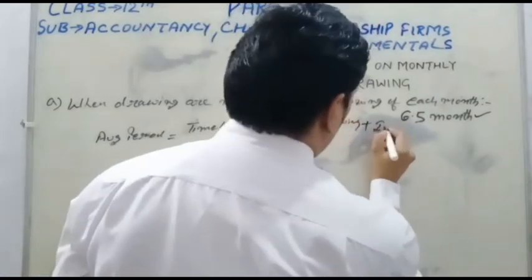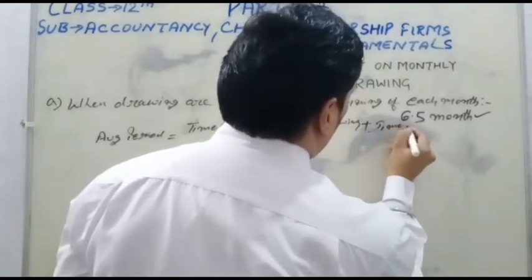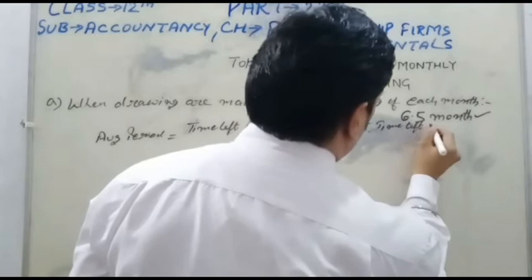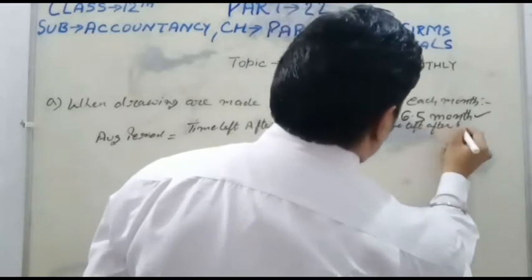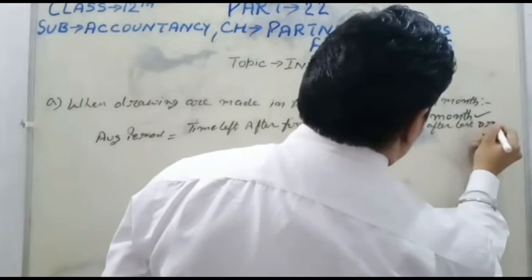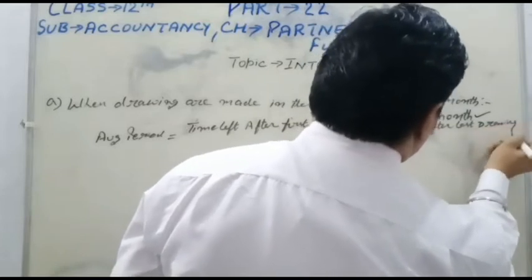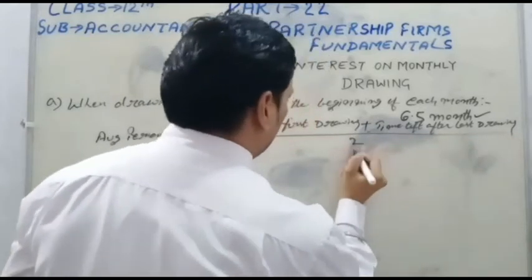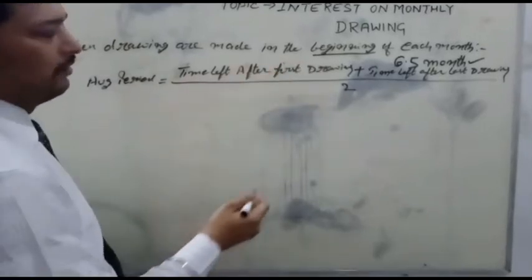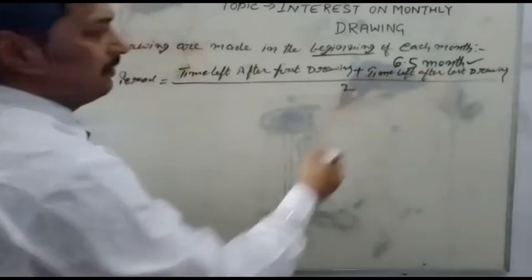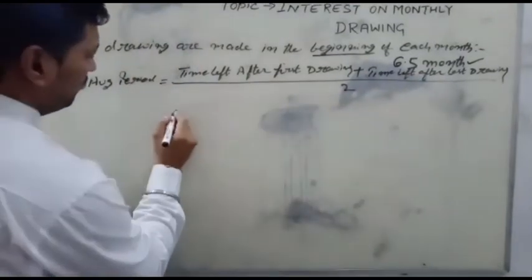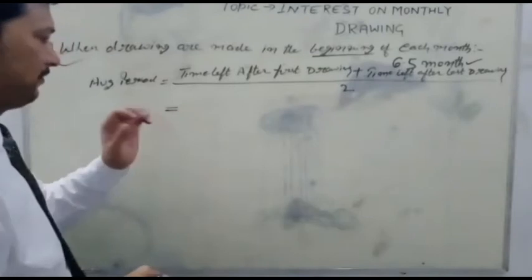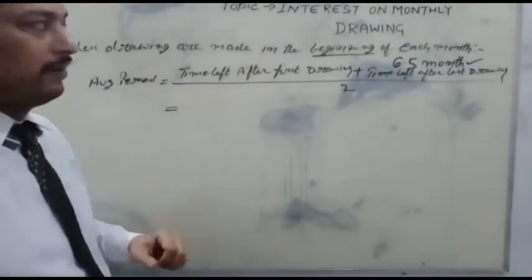Average period is equal to time left after first drawing plus time left after last drawing, divided by 2. So see it, time left after first drawing, we are assuming here the financial year is 1st Jan